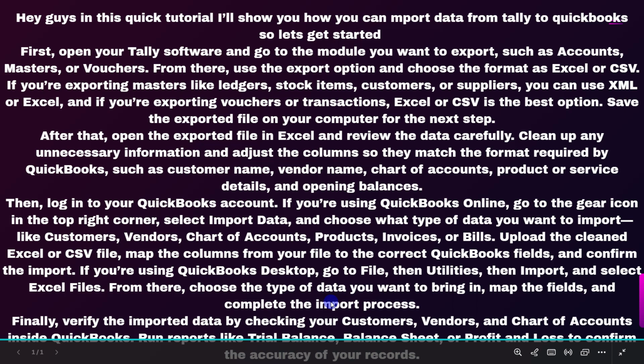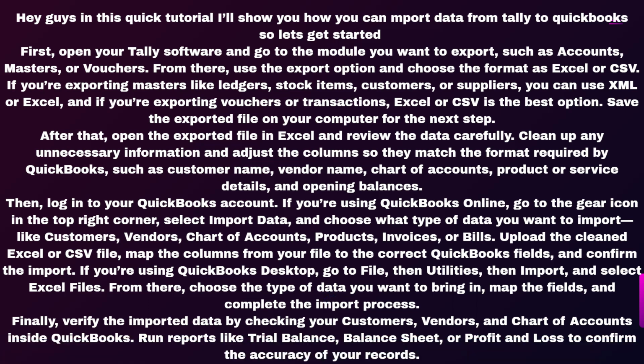Finally, verify the imported data by checking your customers, vendors, and chart of accounts inside QuickBooks. Run reports like trial balance, balance sheet, or profit and loss to confirm the accuracy of your